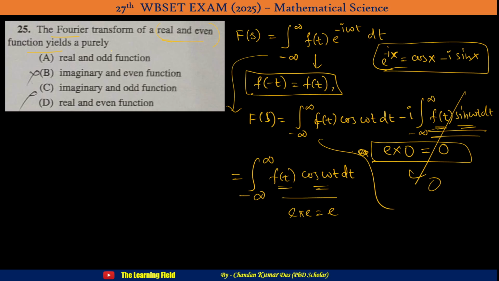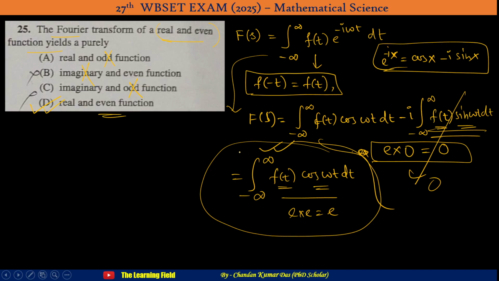Now also you can see that this imaginary part goes to 0, and in this part there is no imaginary portion, because already imaginary portion is 0. Therefore imaginary also not the correct one. Therefore this is clearly real, and sorry, even function and real function. Okay,